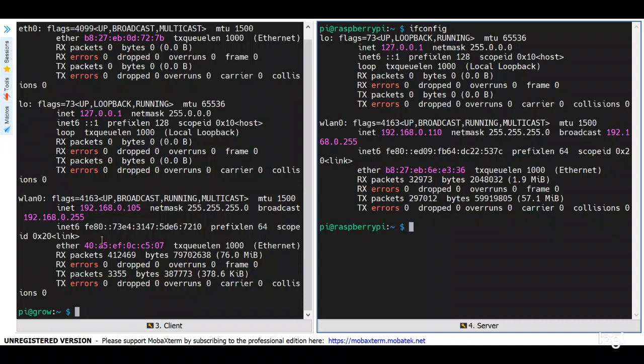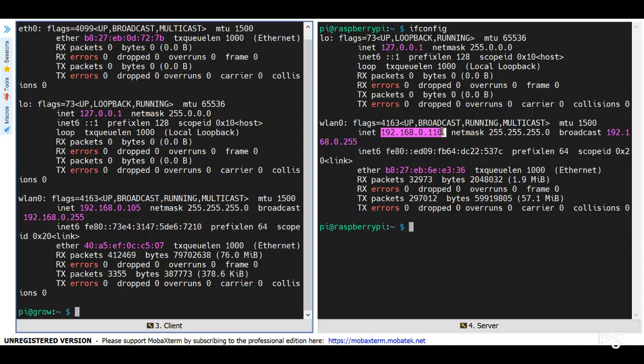On the one on the left we can see that we're at 192.168.0.105, and the one on the right is 192.168.0.110. Okay, now the next thing we're going to do is from each of them enter the ping command, and we're going to type in the address of the other Raspberry Pi right here,